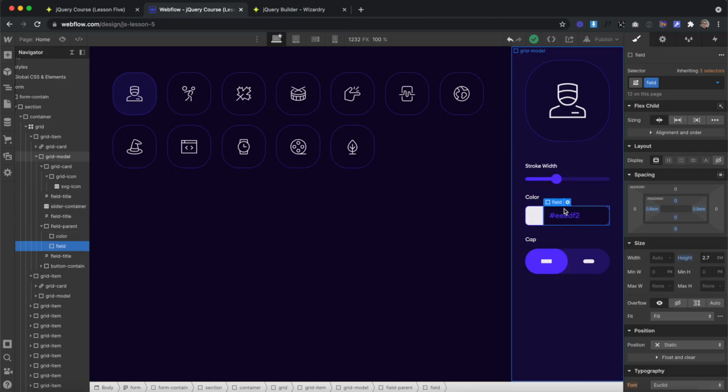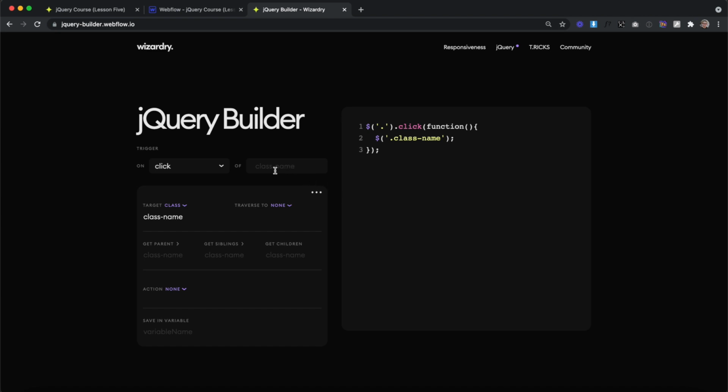In Webflow, we also have a form field element. We'll copy the class of that field element, and in our jQuery builder, we'll paste it in as our trigger. And for our trigger type, we're going to listen for a change event. Change events work for most form elements. Anytime the form elements change, whether it's a drop-down, a toggle, or anything like that, we can apply an action